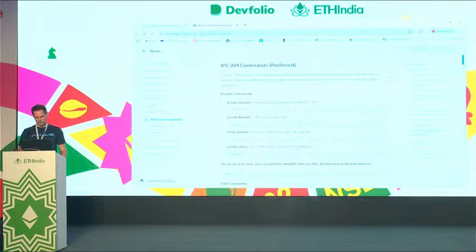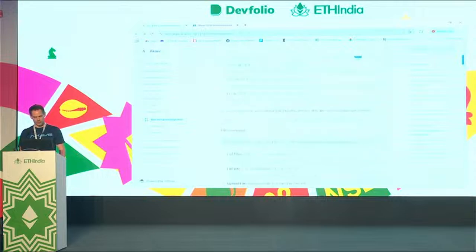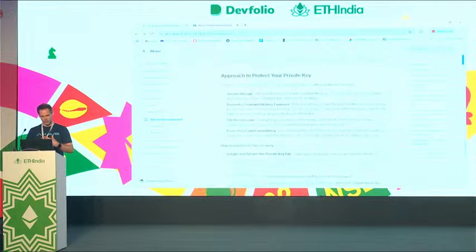Let me see if I can show that here. Here we go. You need to import your private key. Now, if you don't want to see that every time in your execution of your commands, you can go down here and you see we put in an approach to secure a private key, so you're storing